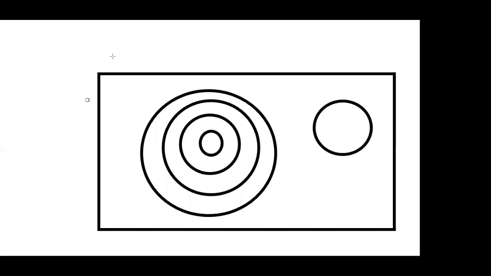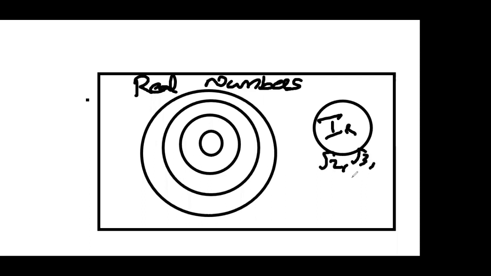Okay, all these we can represent as the real numbers. This is our chapter topic. So this is the irrational numbers, for example root 2, root 3, the value of pi, etc., which are endless numbers. This is the natural numbers, which are 1, 2, 3, 4, etc., up to infinity. This is the whole numbers, which includes zero also.